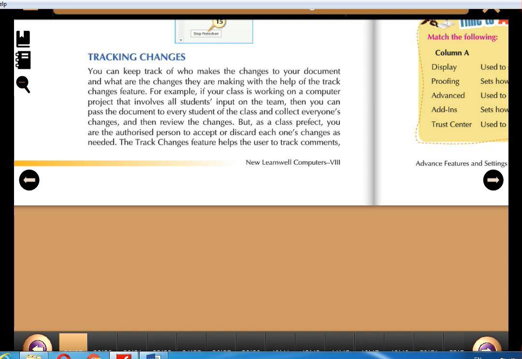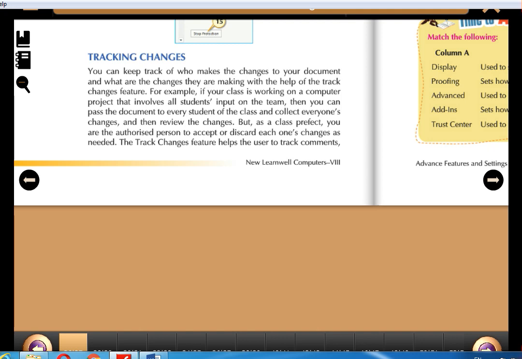So let us start our tracking changes. You can keep track of who makes the changes to your document and what changes they are making with the help of track changes features. For example, if your class is working on a computer project that involves input from all students, you can pass the document to every student of the class, collect everyone's changes, then review the changes.